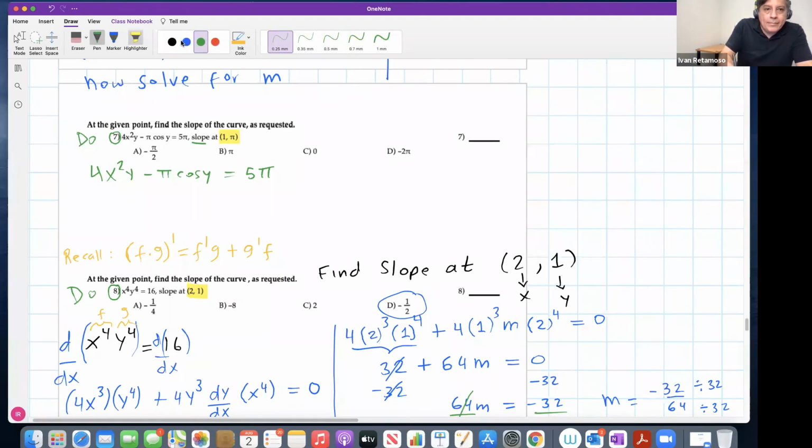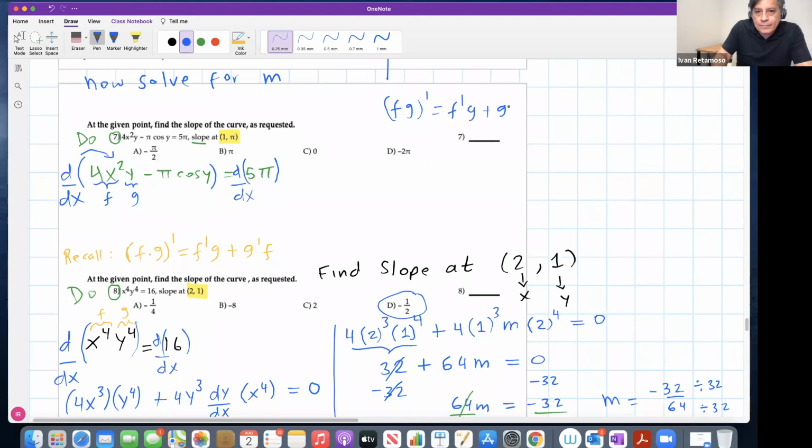So quickly, you take derivatives, right? Both sides. Derivative of this part is going to be, if you let this be f and you let this g using the product rule, will be the derivative of this guy is 8x times the other function y plus derivative of this guy 1 dy/dx times this as it is 4x squared